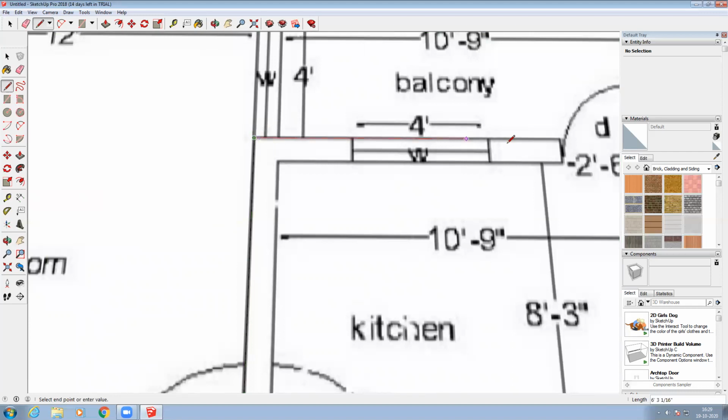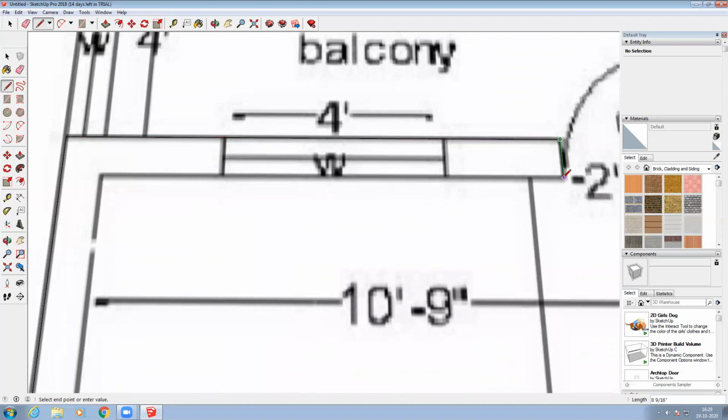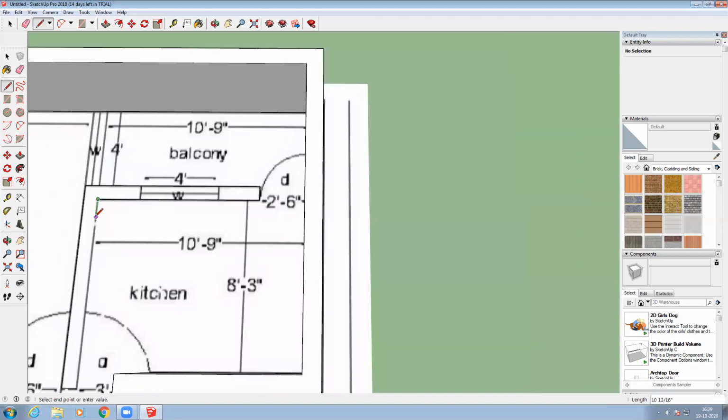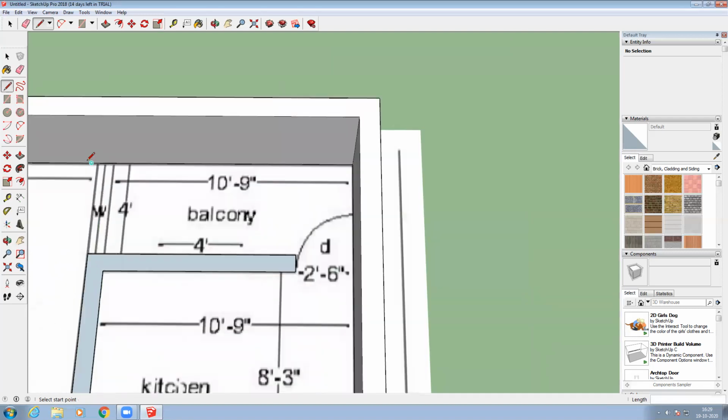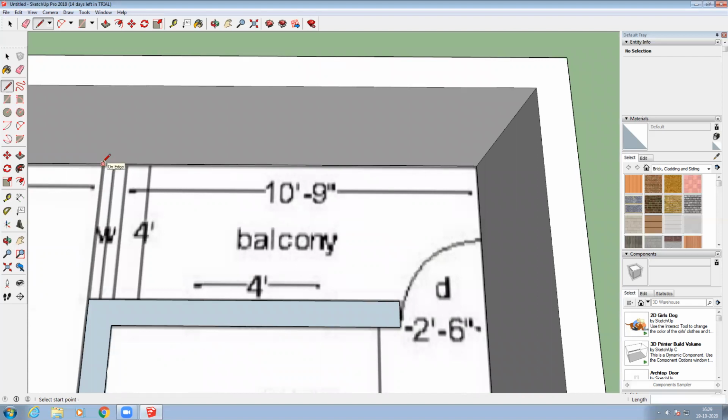If the window is there, then I can take the whole wall like this. Only the opening I can neglect. Now window I can take it like this, and again here one window is there, that also I can consider like this.